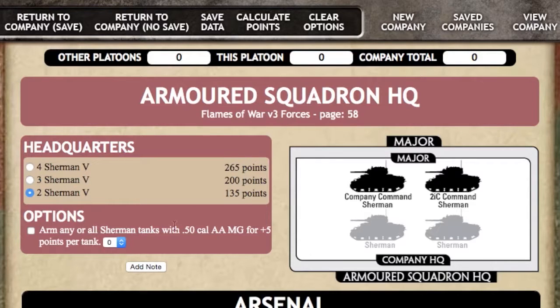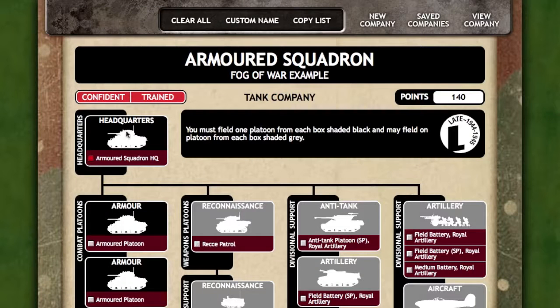And notice it gives you options. So I'm actually going to arm one of them with a 50 cal machine gun for 5 points. Okay, so I can calculate the points for that. So that's my 135 points for my 2 Shermans and the 5 points for a 50 cal, 140 points. So at the moment my company total is 140. So to go back to the company, I can choose return to the company, no save. Or I'm going to choose to return to the company and save, and that's now added that headquarters to my